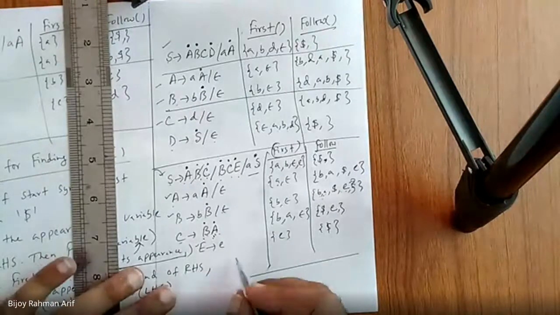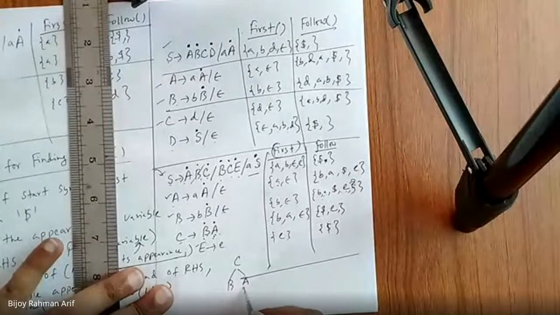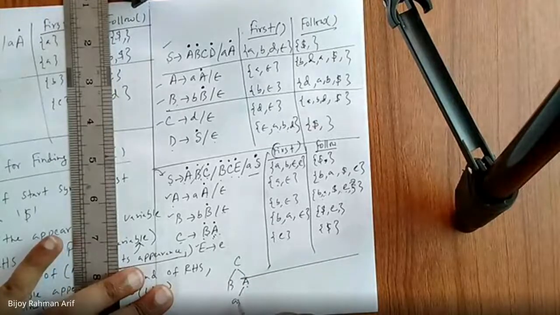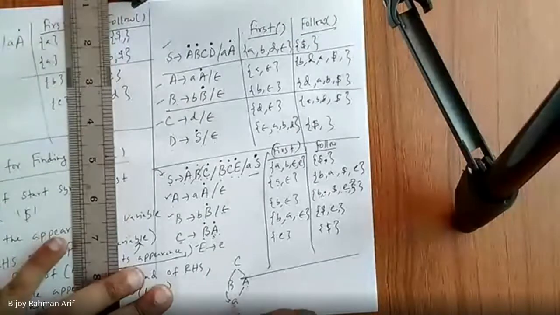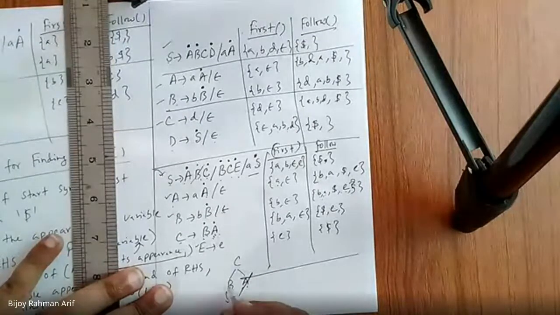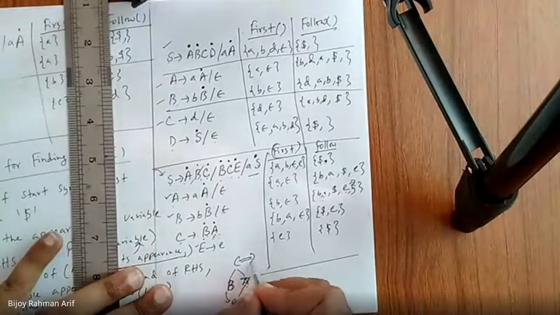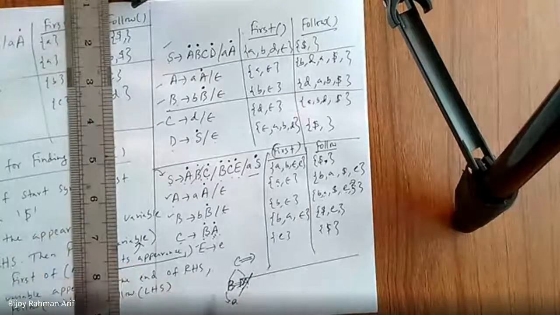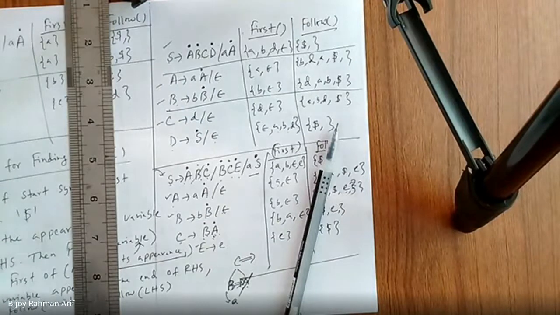So it is something like this. C is nothing but BA. B can derive A. That's fine. Then follow of B is A. There is no problem with that. But when we put epsilon, what happens? This one is vanished. It is not contributing anything. But then B appears at the end. So definitely whatever follows C, that would be follow of B. Okay, so this one is the most critical part. Everybody makes mistakes in this part. Otherwise, it is very easy.